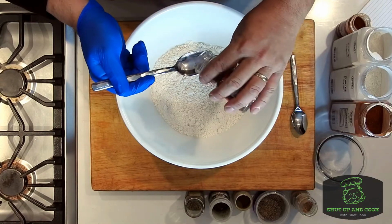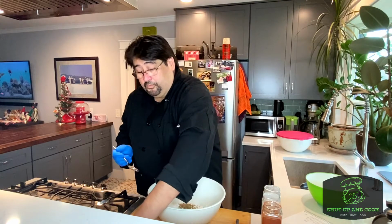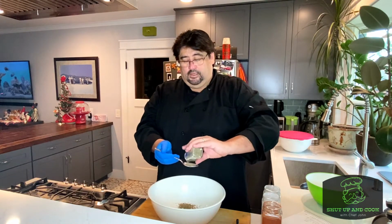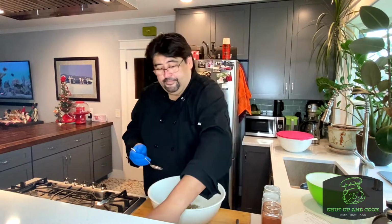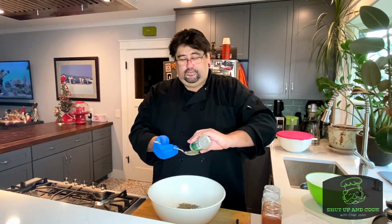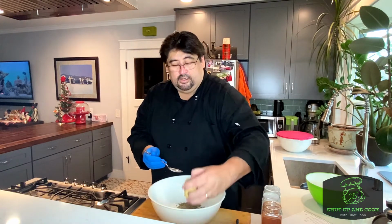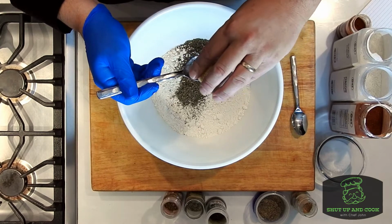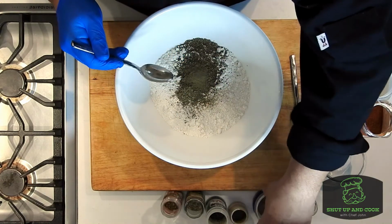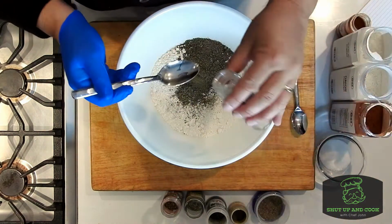So, we're gonna start with our oregano. And we're gonna go with 1 tablespoon of beautiful oregano. 1 tablespoon of sage. 1 tablespoon of basil. There we go. And a tablespoon of margarine. Nice. Followed by a tablespoon of pepper, tablespoon of coriander,